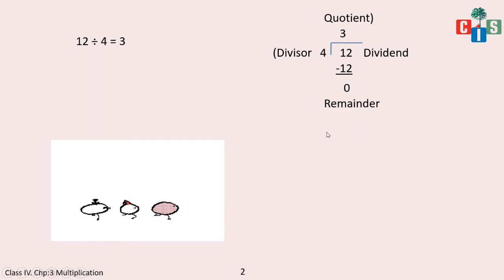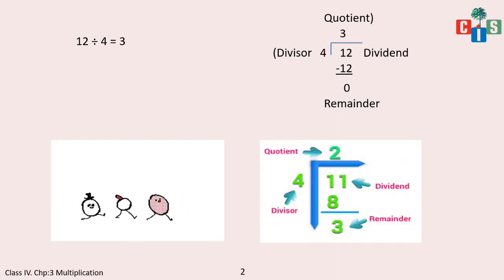This you have already done. Do you remember that there were 12 legs? But if there were 11 legs, what will the equation be? 11 legs are there. So 4 twos are 8 and 3 will be the remainder. Here there is no remainder, so this is known as division without remainder. This is division with remainder. I'm just telling you the concept, we will see it in detail later on.